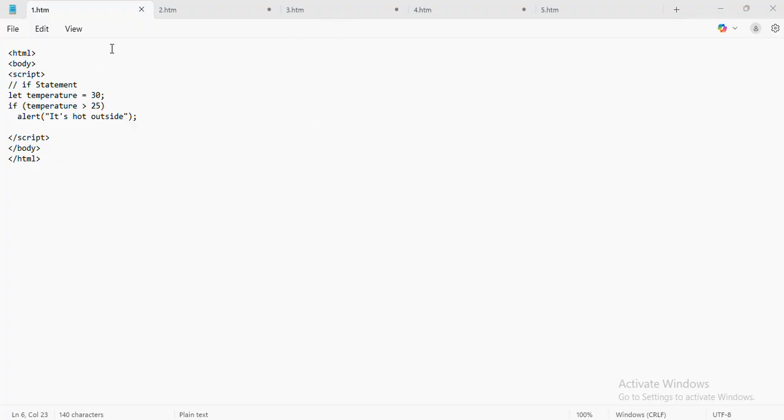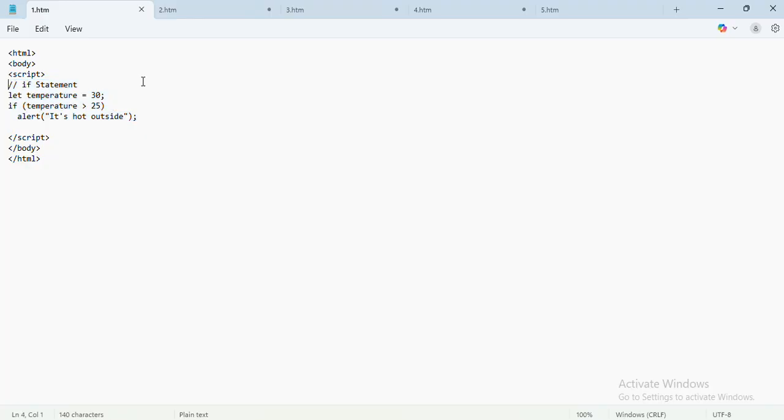You just have to open a notepad and start with an HTML tag, a body tag, and a script tag, which specifies that inside the HTML page you want to include JavaScript. Over here we are writing a simple code of client-side JavaScript. This code will execute in the client browser and you can see the immediate output. Whenever we want to include JavaScript, all the JavaScript code will be inside the script tag.